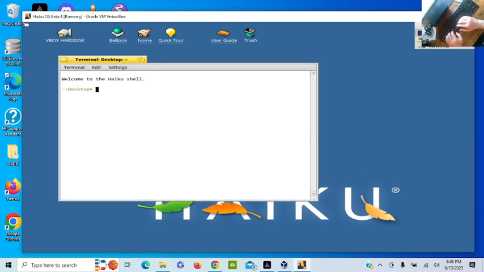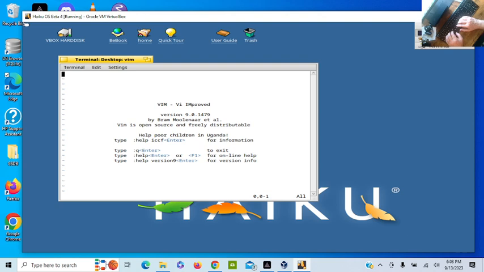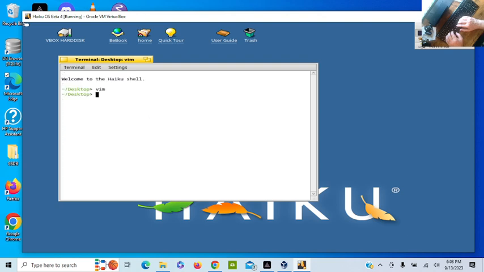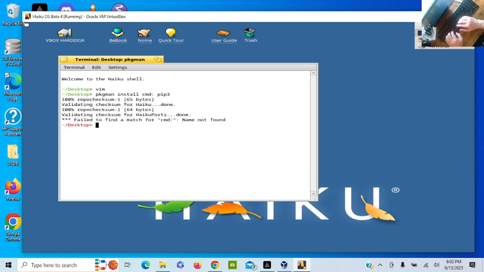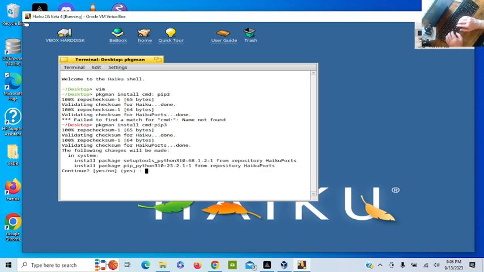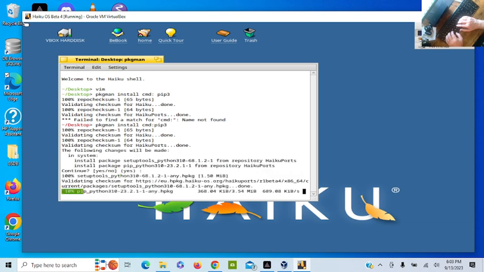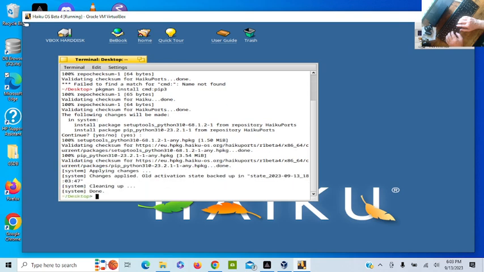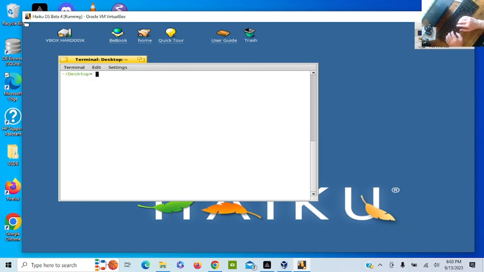Open terminal. So it also installs a new version of